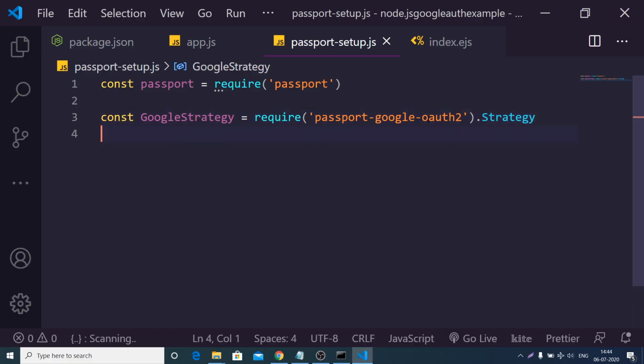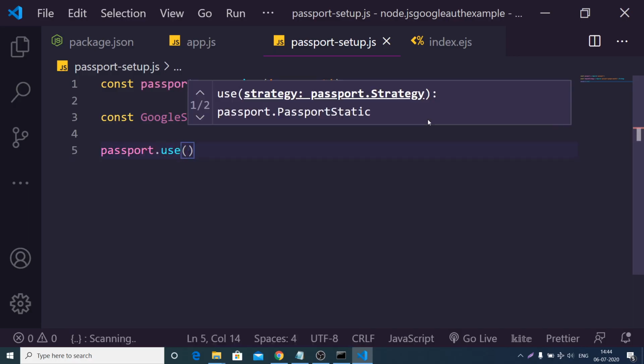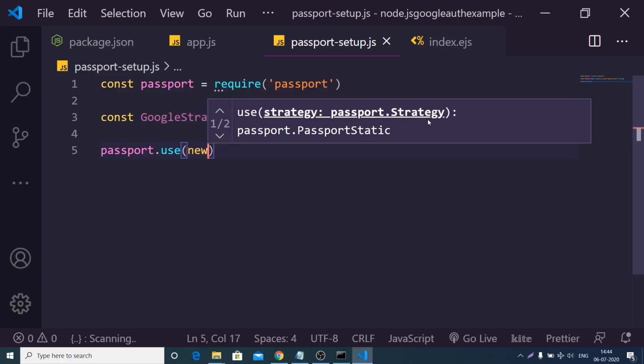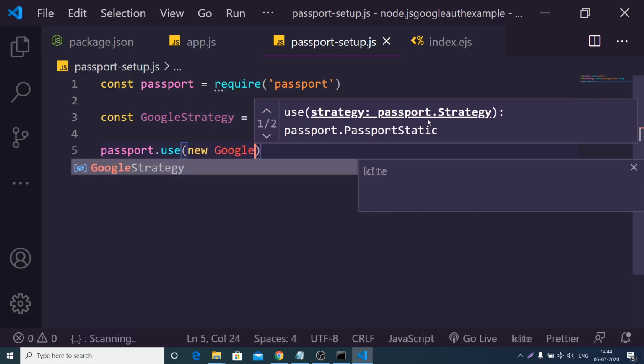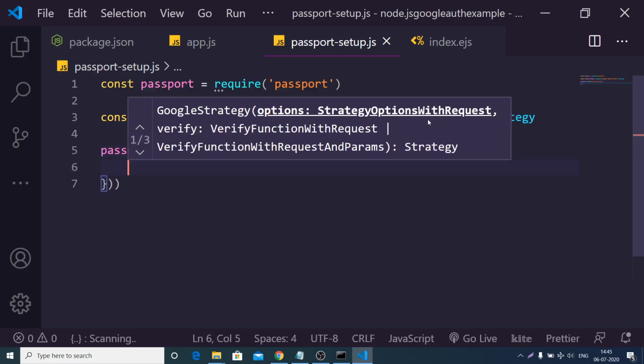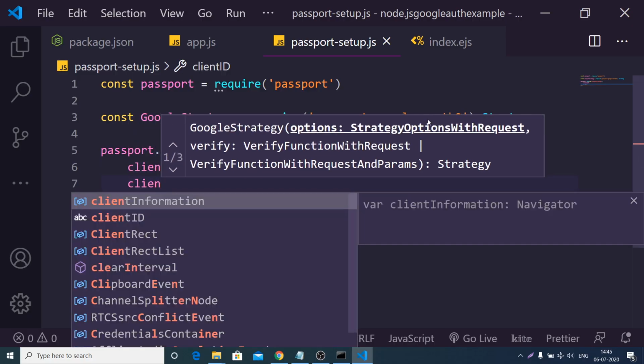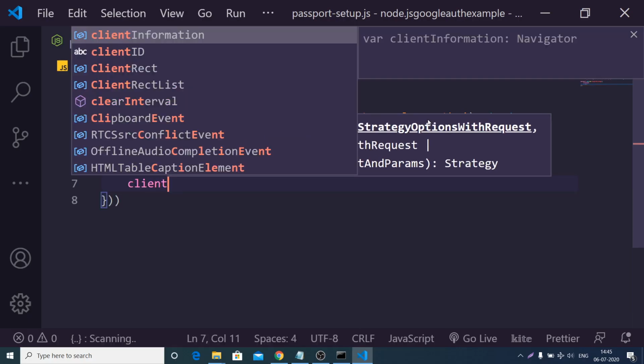You can see that we have successfully imported it, and now we need passport.use. Basically this is a function, and here we need to initialize a new Google strategy. Inside this strategy we need to pass some options. First option will be client ID, second will be our client secret.